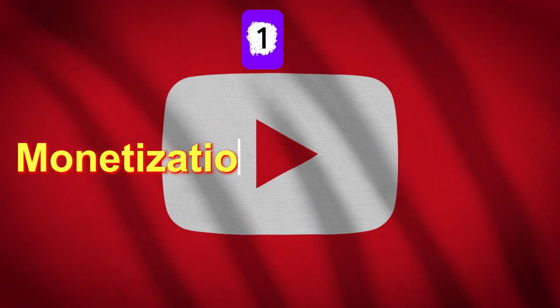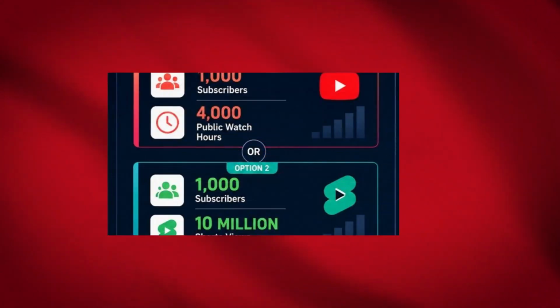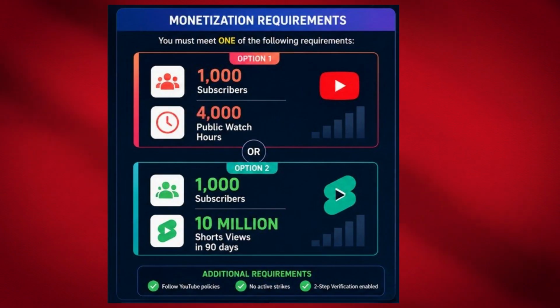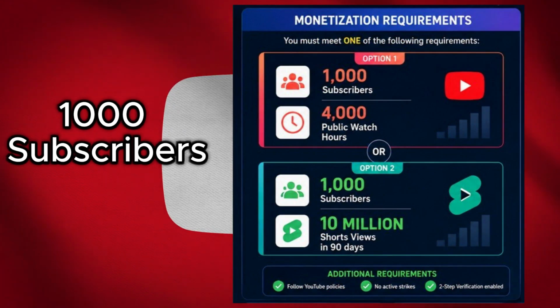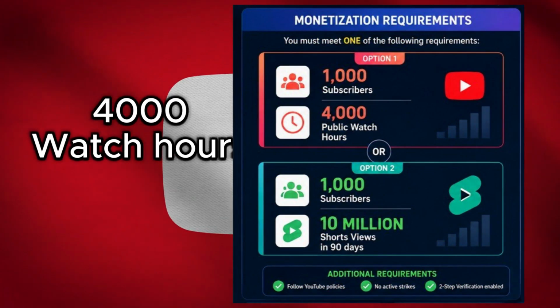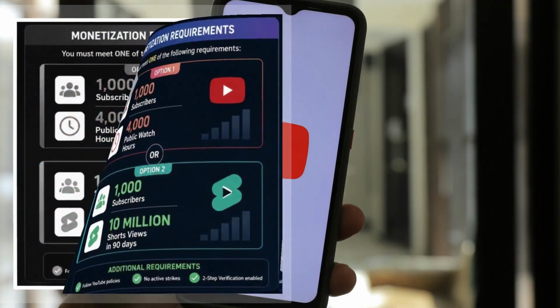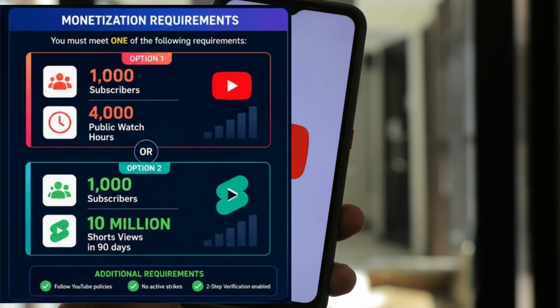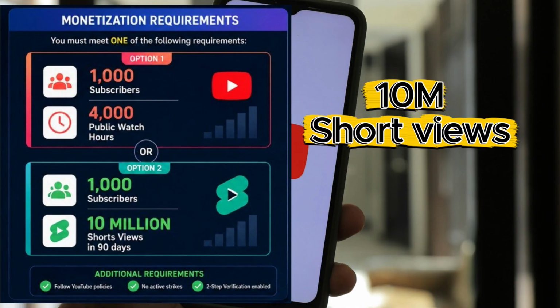Part 1. YouTube Monetization Requirements. To join the YouTube Partner Program, also known as YPP, your channel must meet at least one of these requirements. Option 1. You need 1,000 subscribers and 4,000 public watch hours within the last 12 months. Option 2. Instead of watch hours, you can qualify with 1,000 subscribers and 10 million shorts views within the last